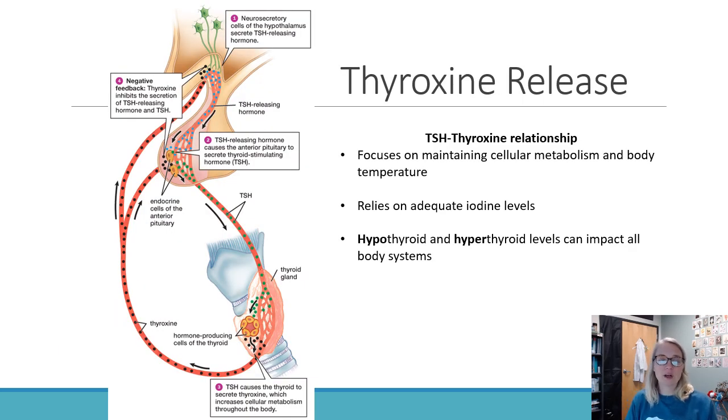So here we're going to focus on the job of the thyroxine hormones. So this actually is regulated by one of our pituitary gland hormones called TSH. So TSH stands for thyroid stimulating hormone. So here, let's say your body is getting low in body temperature or lower in overall metabolism, and we want to speed that up. So your brain's recognizing that.